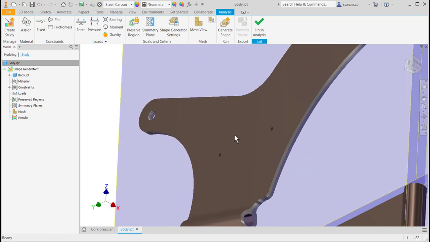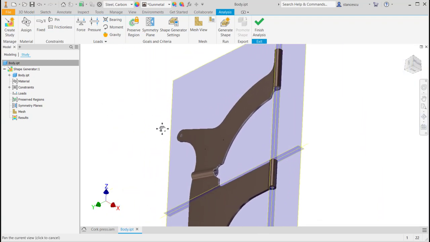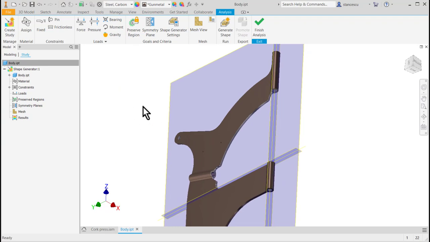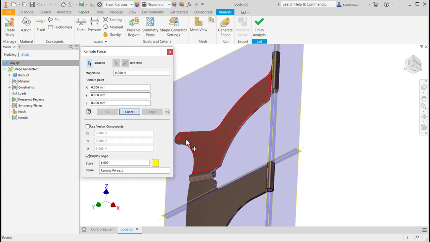We don't want to make great vectorial calculus here and other special idealization, how can I say, of the situation. We place a simple force here, but not a force placed on a face, because we don't have that face, but a remote force, which is defined by